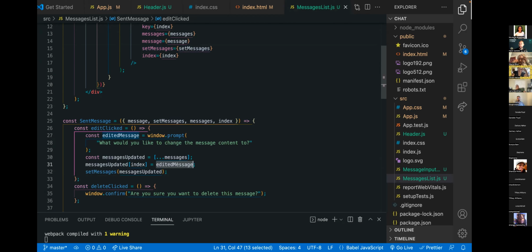State cannot be modified directly. So instead, what we have to do is we make a copy of that array from the state. Now that it's copied out of the state, we can make any of the changes that we want to it. And then we take whatever that copied version is and set it back into the state. Now, because we are not modifying the state directly and we're using this set function, what you will find is